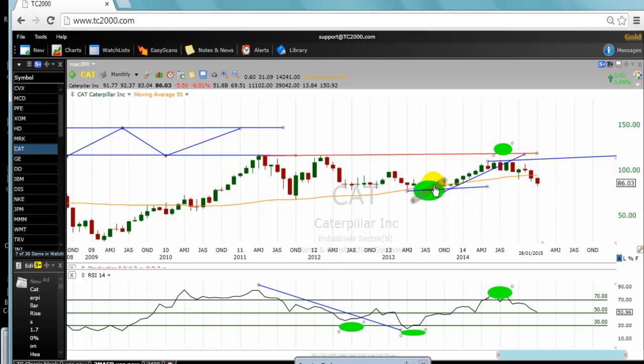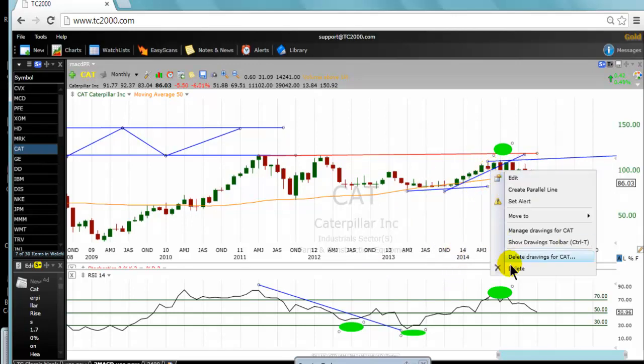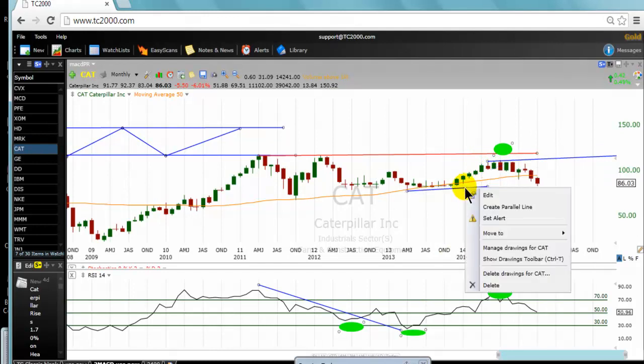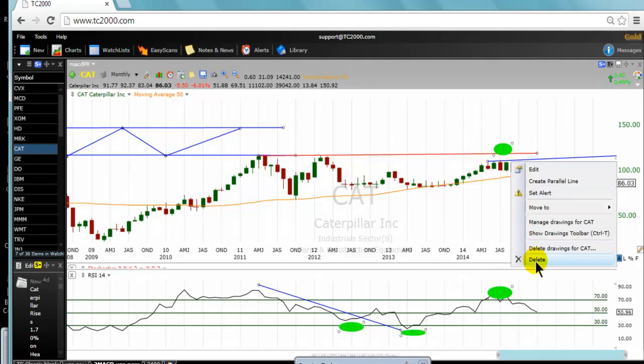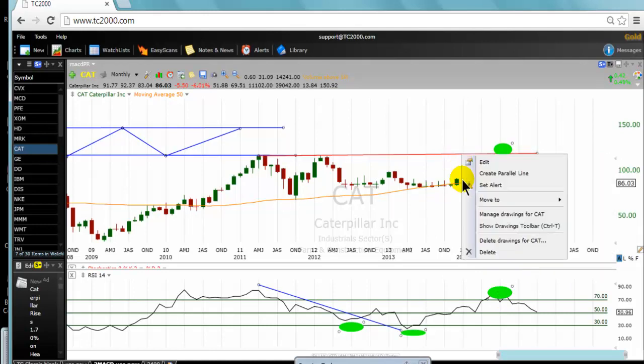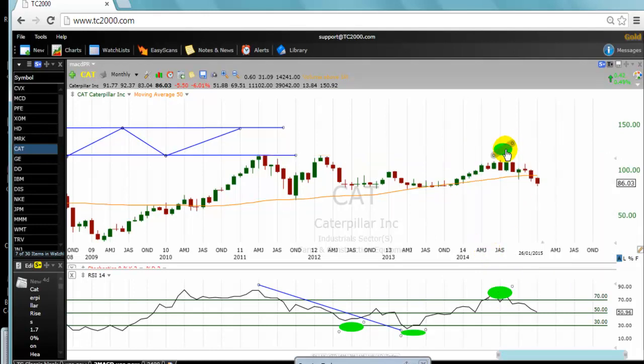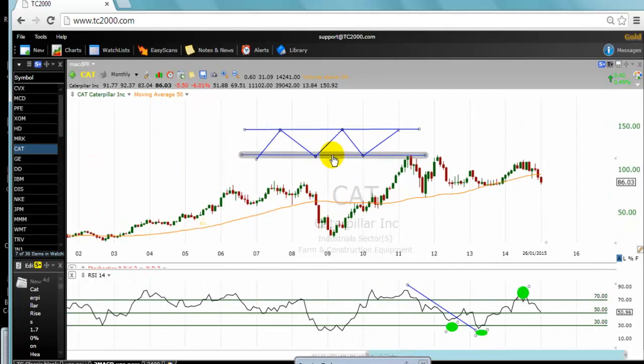So to avoid the RSI mistakes, one must trade the RSI with the three market patterns: the rising channel, the declining channel, and the horizontal channel. The best market pattern for the RSI indicator is the horizontal market pattern, or the consolidation phase. All right, so let's move on now. I want to show you another